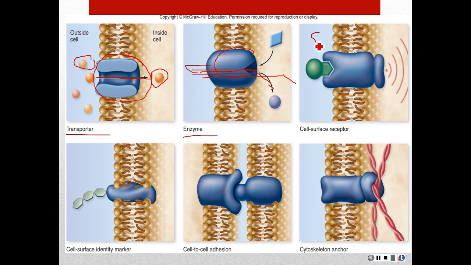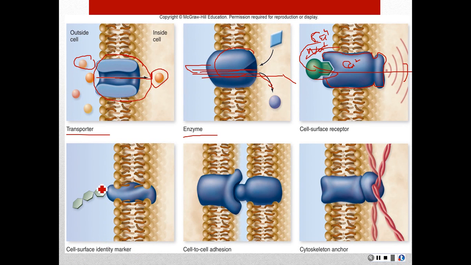Okay, so if a calcium is here and it needs to enter the cell, and this is a calcium channel, then the calcium will enter and be able to pass through. But if it's a sodium ion, and this is still the calcium channel, it will not get through. Okay, and here we have our cell surface identity markers,